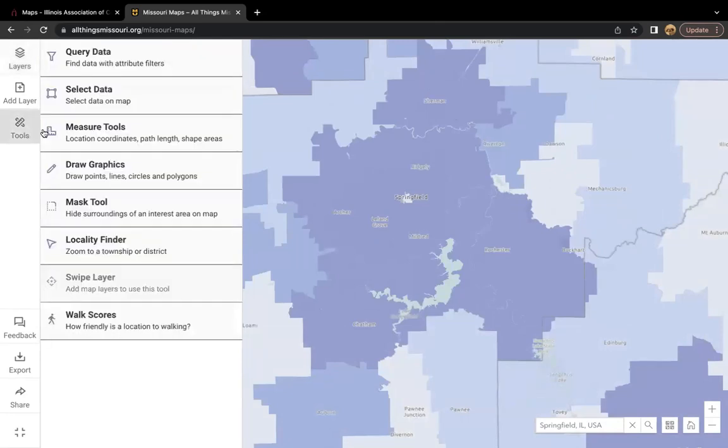We also have several tools for customizations, for highlighting certain areas for a presentation, so that say we're only looking at Springfield and not these surrounding areas. There's also the ability to draw on your map and to query data in your map.